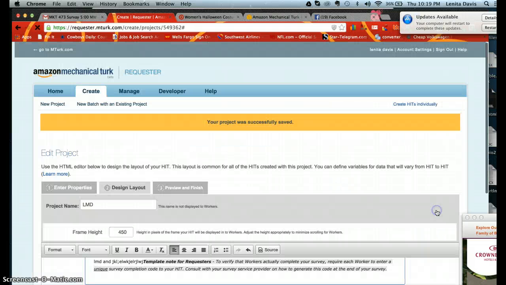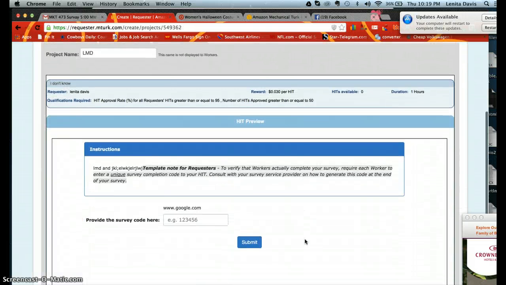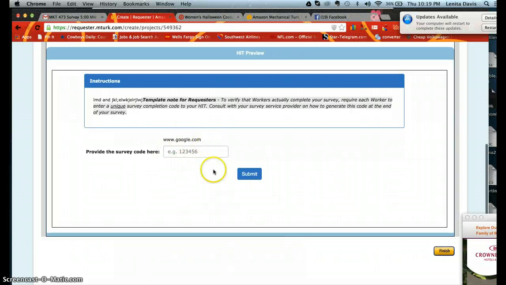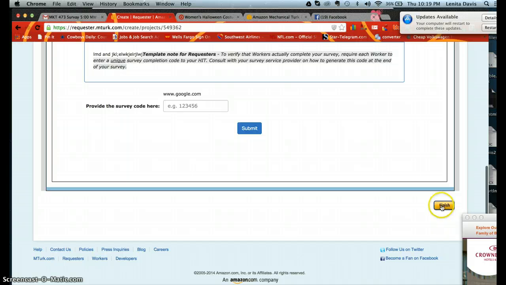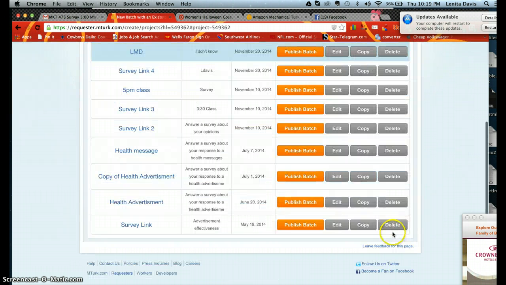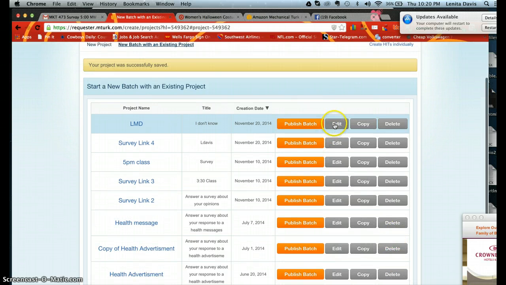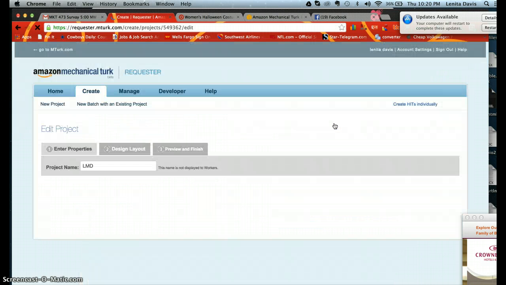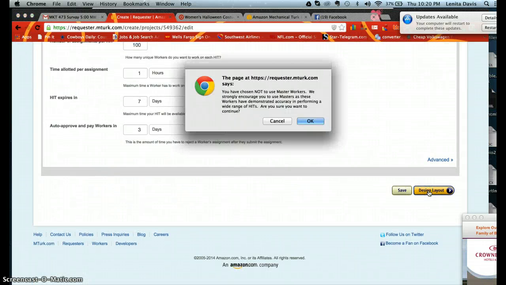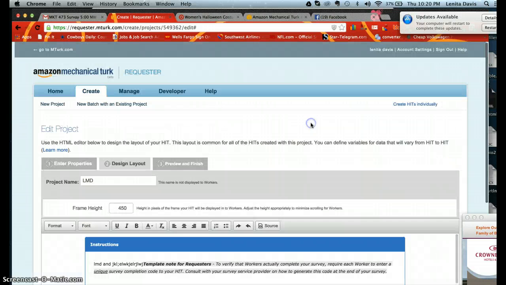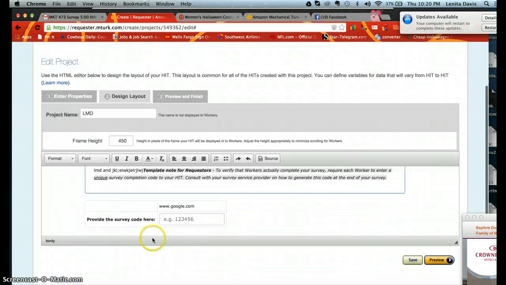So we're going to preview this. And so there we go. So we got the google.com. So we'll say we're finished. And so let's say I didn't like that. I want to go back. I can just edit it and say, okay, this looks good. Let me go to design layout. I'm going to click OK there again. And I'm going to put in